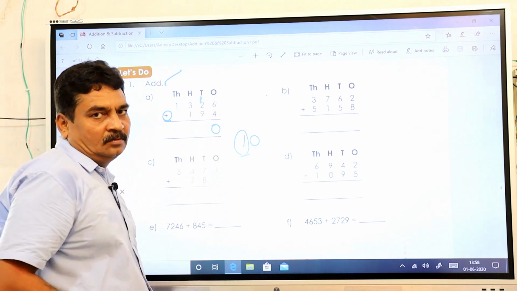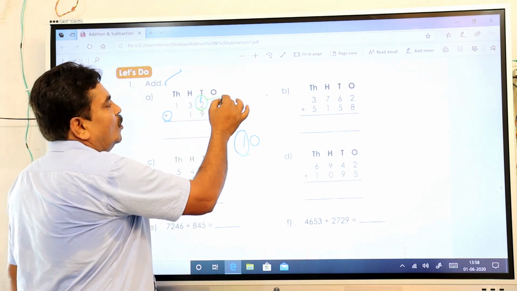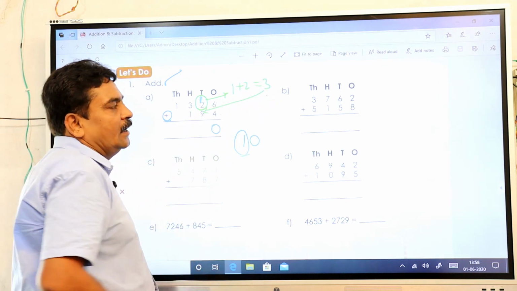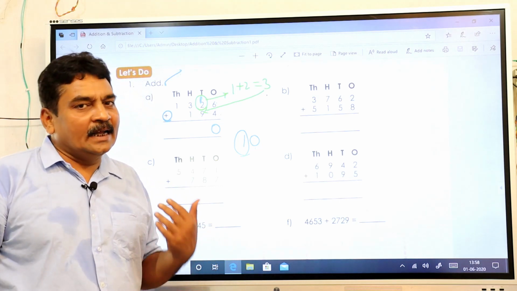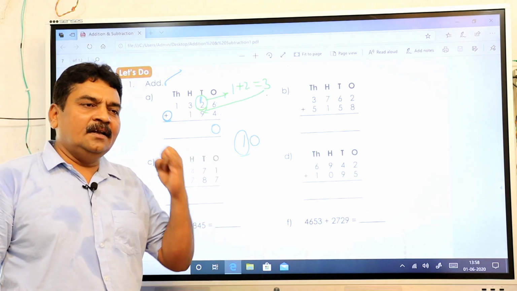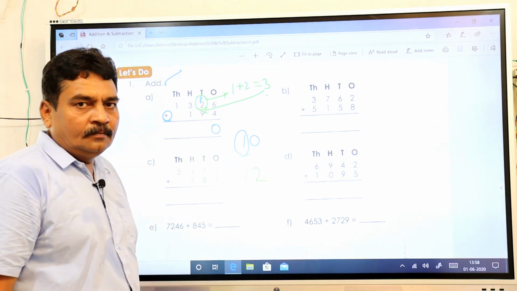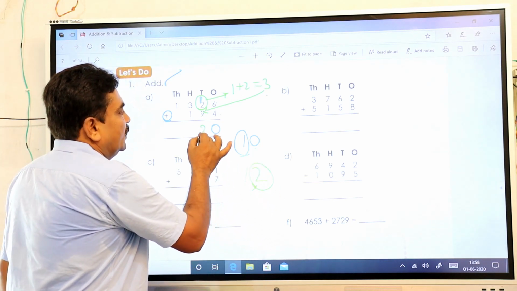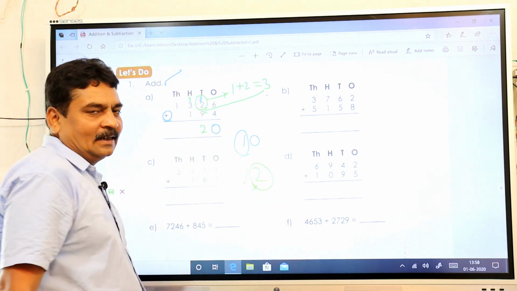That's why you are going to add these three. 1 plus 2, 3. 3 plus 9. These two you add first. 1 plus 2 how much? 3. 3 plus 9 you should add. One number is 3, another number is 9. Again you think which number is bigger? 9 is bigger. So keep that 9 in your thought and then add 3 to it. So 9, after that 10, 11, 12. You got 12. So this 2 is in ones place, so you write down 2 here, and this 1 is in tens place, so carry it forward to another number.